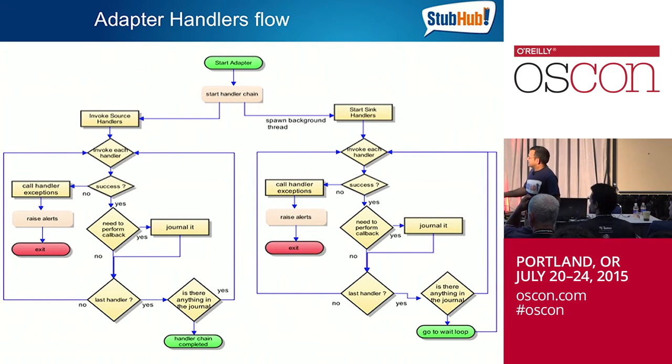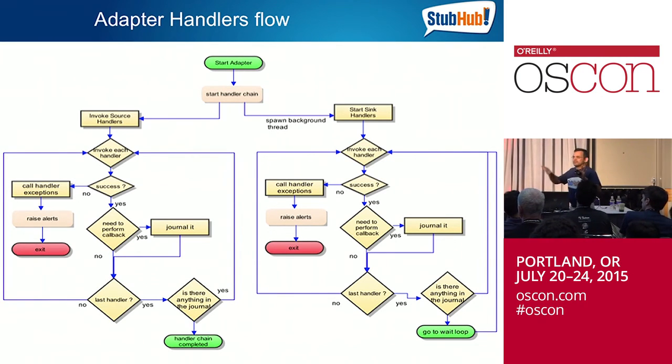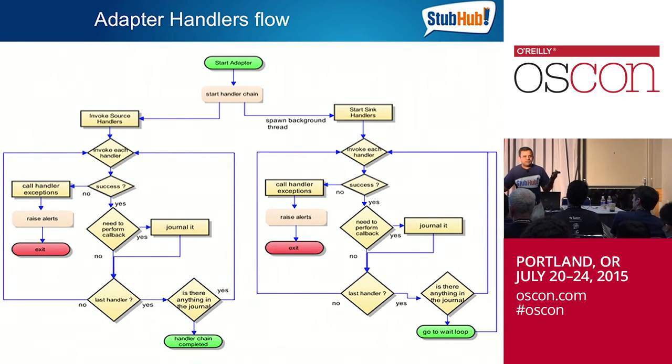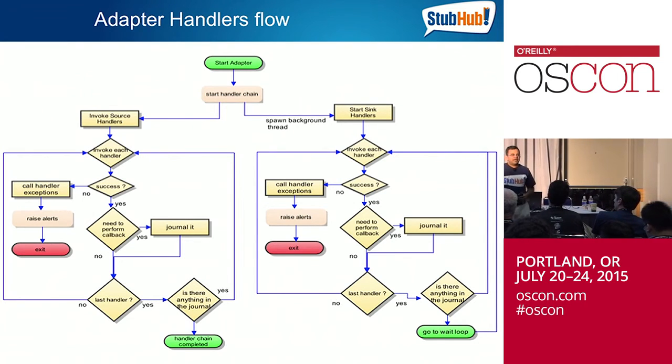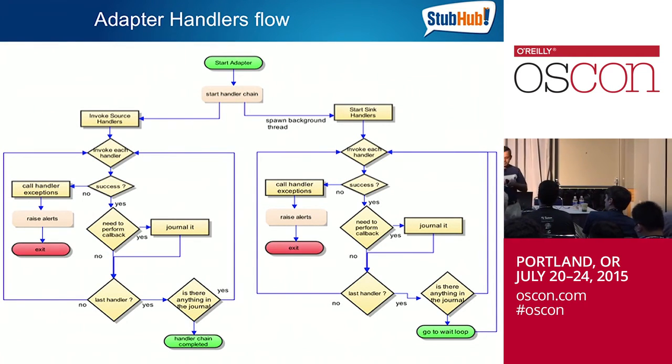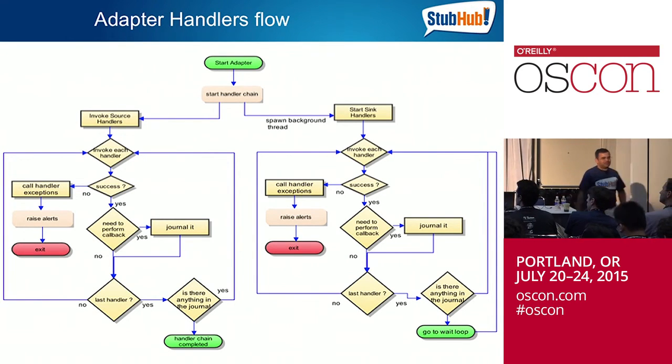The other side of it, remember I was saying that one of these handlers is going to write the data to a channel, but who reads it from the channel? Who's there to read from the channel? So this adapter, in parallel, at the time it initiated it, through spawning a different background thread, starts the sink handlers as well. And it goes through the exact same process. Start reading it. This is how you automate resolving the impedance mismatch, because there is naturally an impedance mismatch between the readers and the writers. The reader might be faster, the writer might be slower, or the reader is slower, the writer might be faster, right? You have to manage this impedance mismatch. This is how the impedance mismatch is resolved.